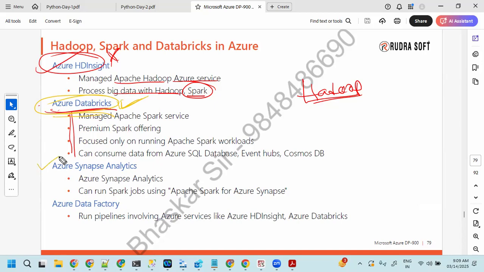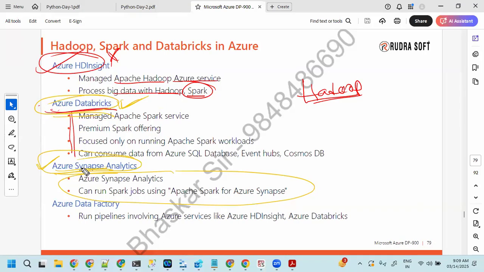And Azure Synapse Analytics, again, they associated with Apache Spark. Apache Spark is free and open source. Everyone can take it. They tried to bring all the unified solution, but in the unified solution there are some limitations, cost-wise and performance-wise.